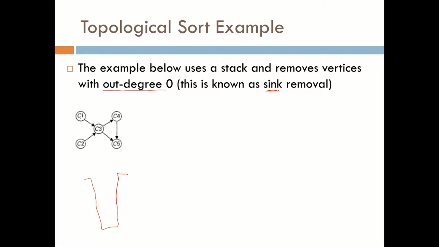Well, this has out degree 1, this has out degree 2, this has out degree 1. This is the only one that has out degree 0. That has no out degree, so we will remove this and we will push it onto the stack, and we will remove all edges incident,